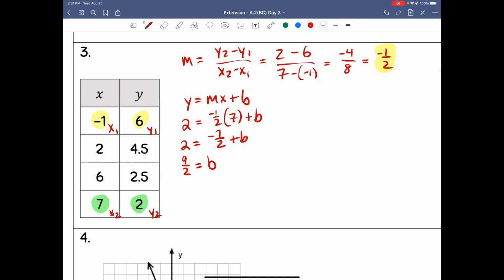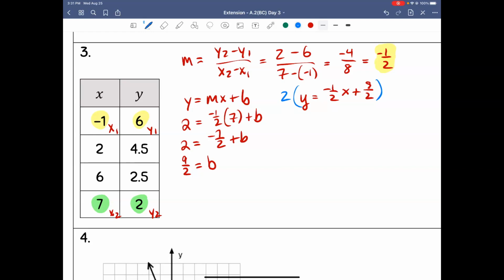And so my equation in slope-intercept form is going to be y equals m, which is -1/2, x plus b, which we just found to be 9/2. Now, in order to transform this into standard form, we know that there cannot be any fractions. And so if I look at the denominator for these 2 terms, it is a 2 in both cases. And so what I'm going to do is multiply this entire equation by 2 so that I